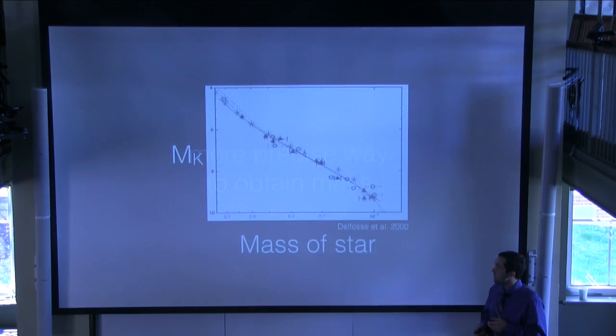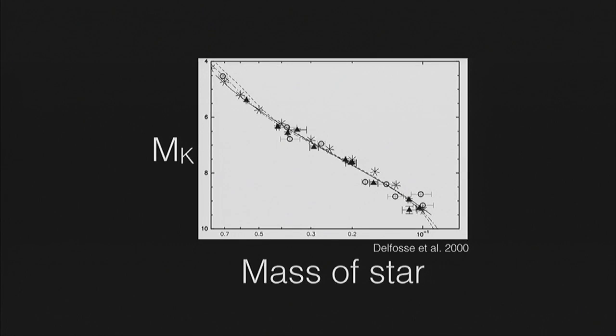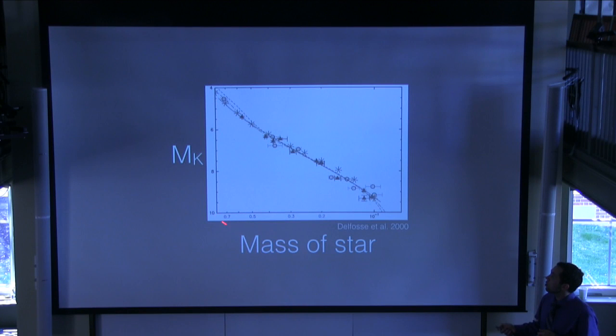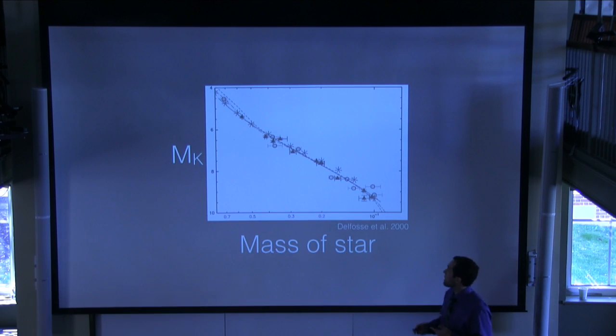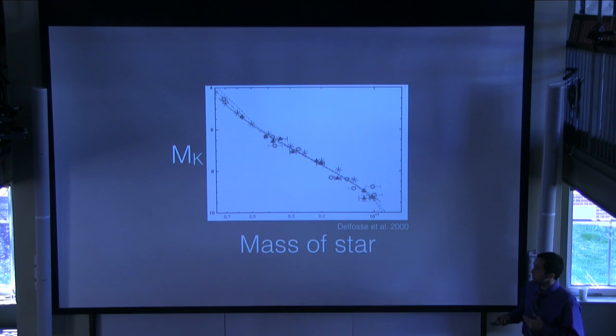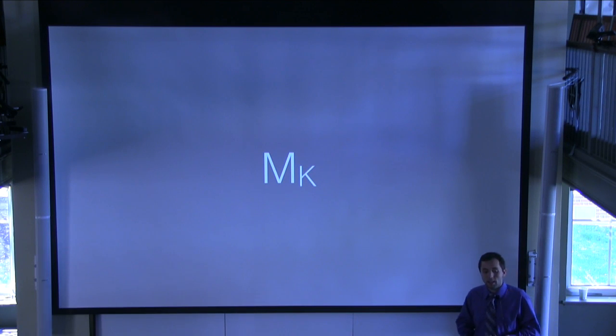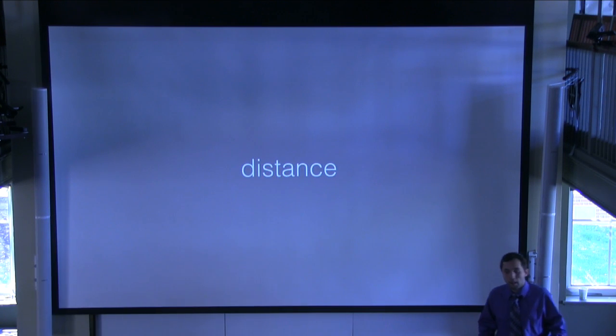And so I show here a plot from Delfosse et al. 2000, who found that the mass of the star is correlated very nicely with the absolute K-band magnitude of the star. And so if you can get a distance measurement and a K-band magnitude measurement, you can estimate, in the M-dwarf regime here, a mass to approximately 10 to 15%. But the problem is, in order to get this absolute magnitude, you need a distance. And before